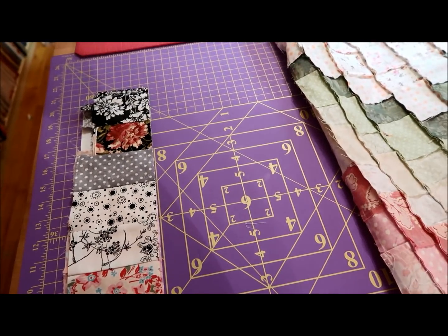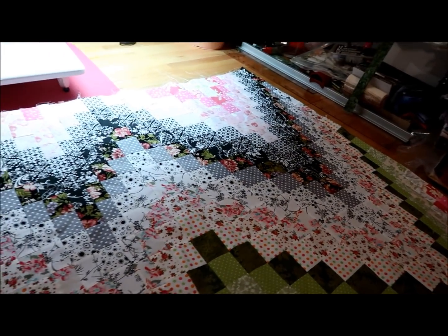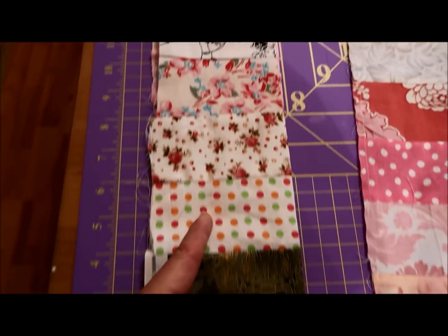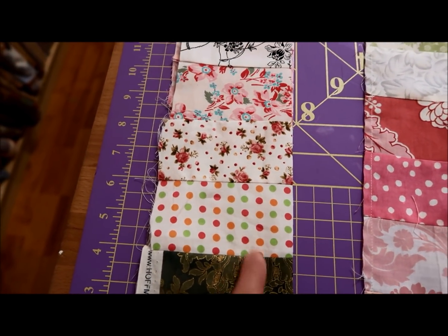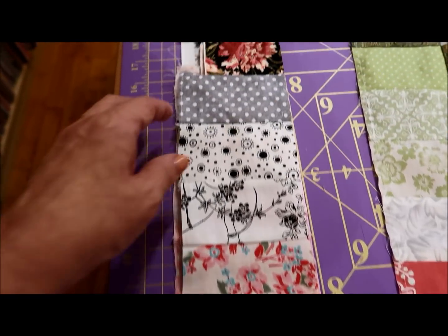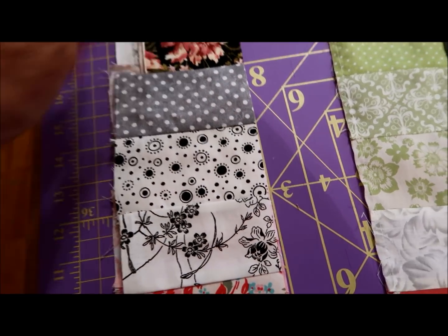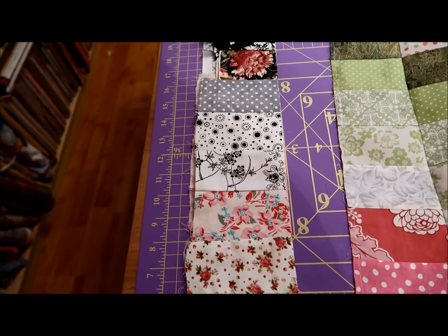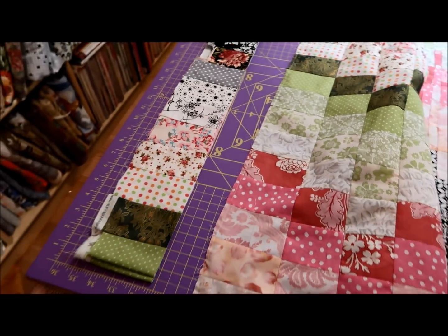So I will be binding this edge right here. I'll be binding that edge and the top edge and the side. So with this last piece, I want to be mindful of my binding, and still make it so it's sort of thin. Oh, my ugly hands. So it's thin. So I'll make that a little bit wider, this last piece, because I have to make it wider anyway. I can't use up this bit because it's all rubbish, the selvage edges. So I'll just make this piece wider, and then that will be my last piece on this side of my quilt,